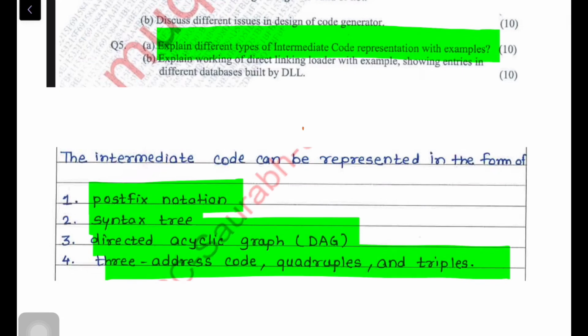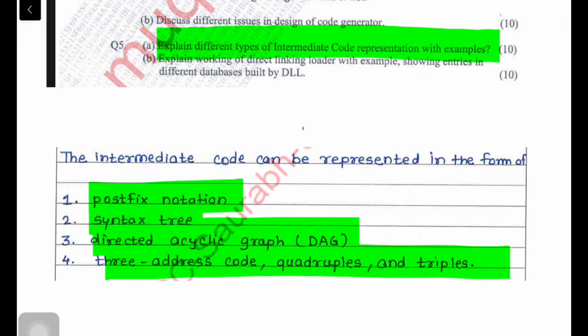DAG tries to eliminate that by using directional pointing. This means that if you eliminate the variables from the parse tree, we have the syntax tree. In the syntax tree, if you have repetitive branches, they will be grouped together, and that is nothing but a directed acyclic graph. We point towards the branch which shows the same representation, that is nothing but a DAG.